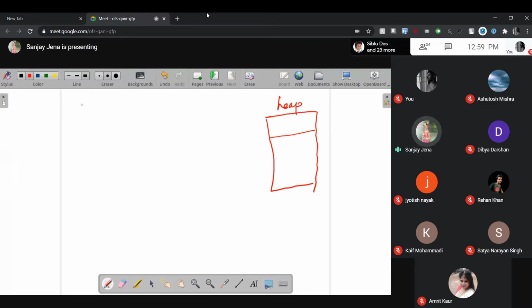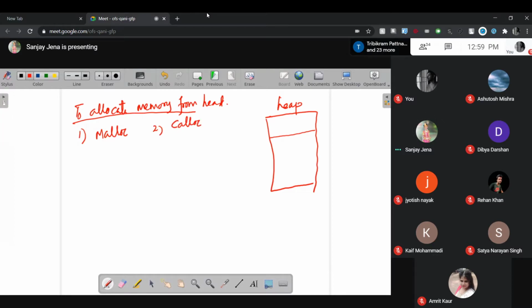To allocate memory from heap, you have to use two functions or tools. One is called malloc, the second one is called calloc. How does it work?